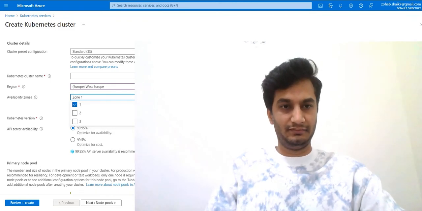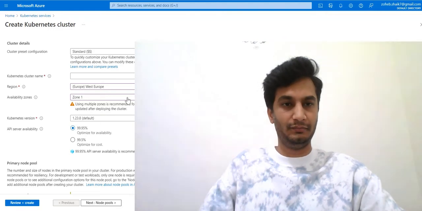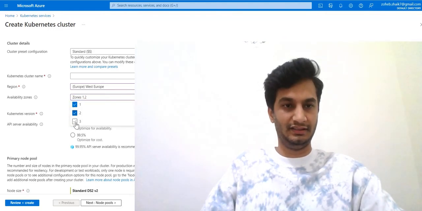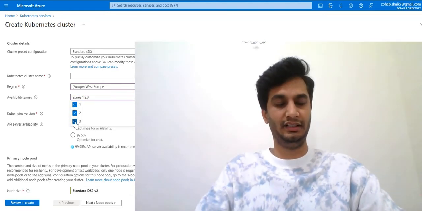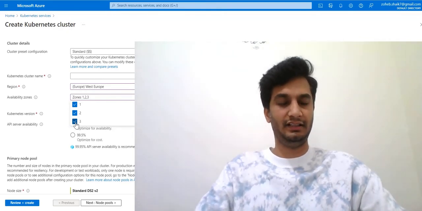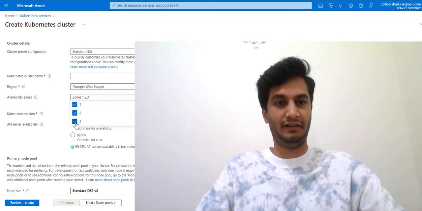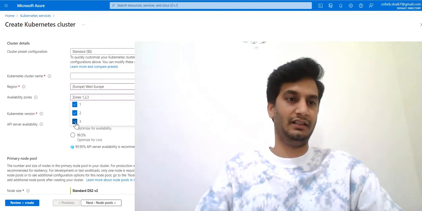One more point is, if we go with multiple zones, like I'm selecting zones 1 to 3, in this case not only will our control plane be spread across multiple AZs, the more important thing is our data. What if we don't have more availability zones?